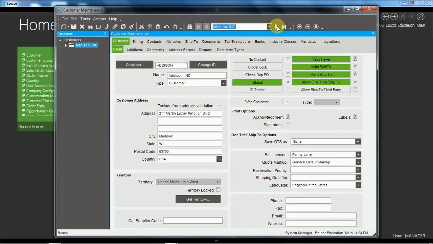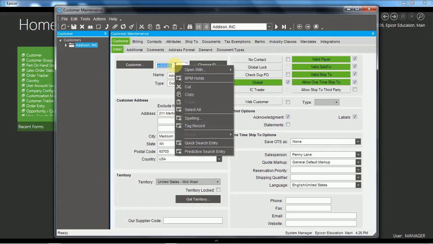Okay, now also on the data, the master data input field, you can right click. Now this one is not obvious. You can right click and bring up the context menu, and the really important point here is the open with